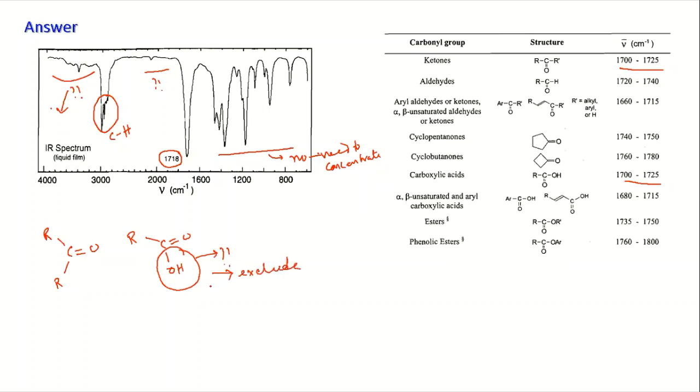You can exclude. Okay, that means you have the sole chances of having the keto compound. So these are the informations you are having here. So maybe keto. Okay, that much information you are getting.